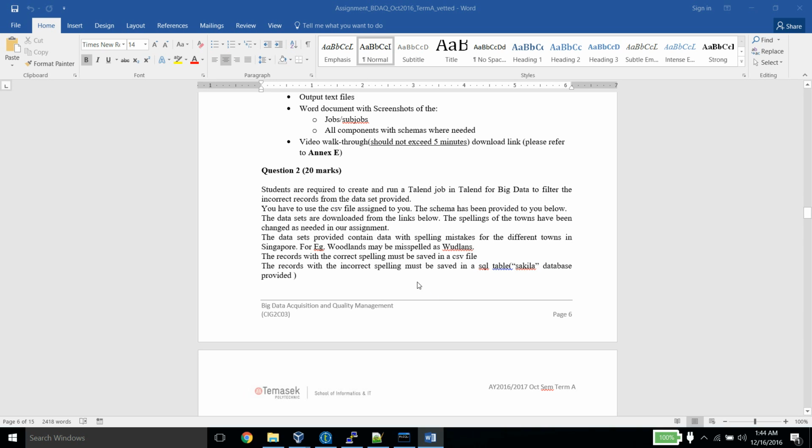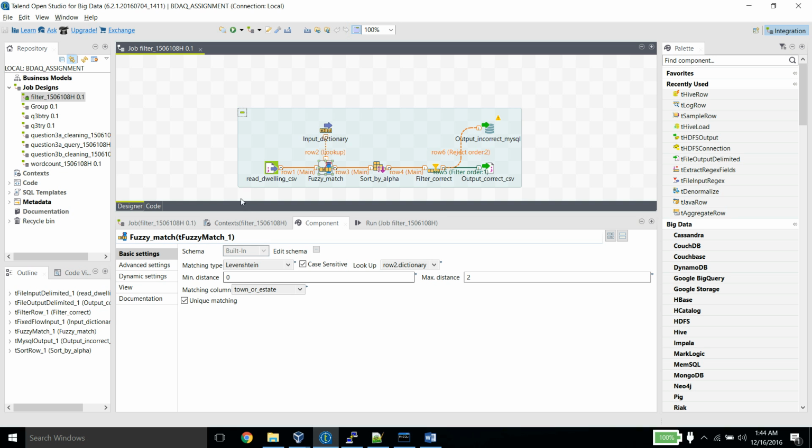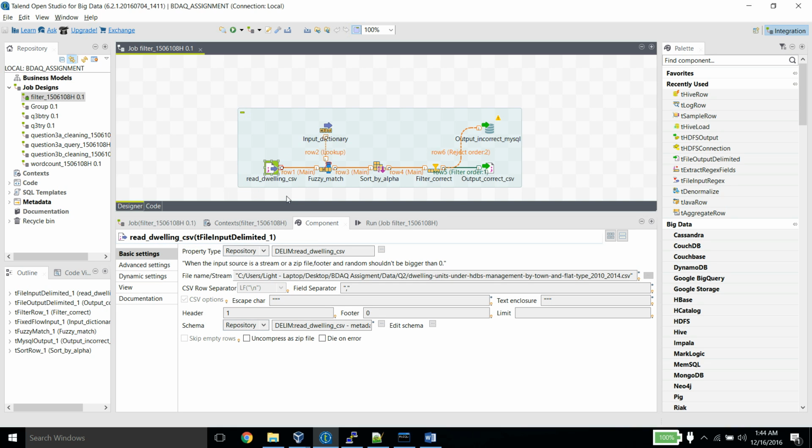Now I'll be presenting question 2 of my BDAQ individual assignment. So the objective of question 2 is to use a Talend job to filter incorrect data from the data set provided. I have saved the data set locally, and in the Talend job, I'll use tFileInputDelimited